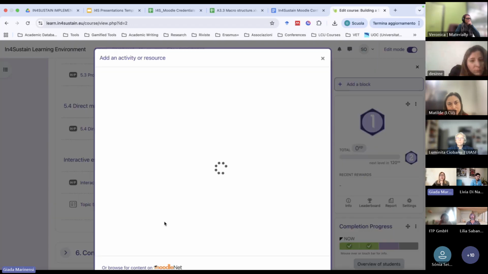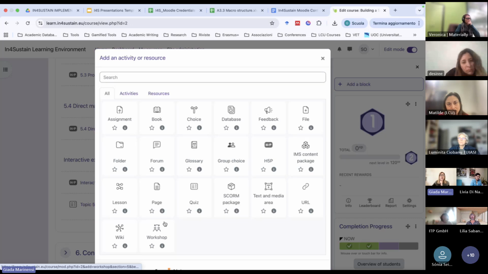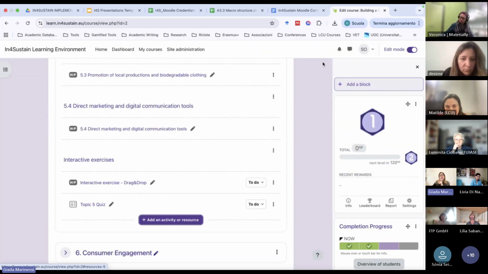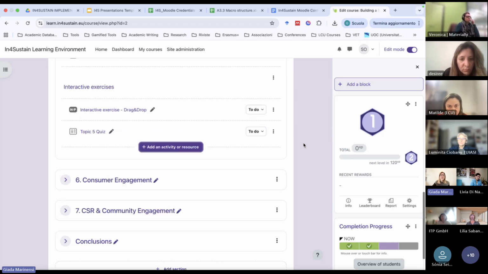For instance, we can add a link or a file or a link to an external resource, so teachers can customize the content based on the specific needs of their classes, and more.